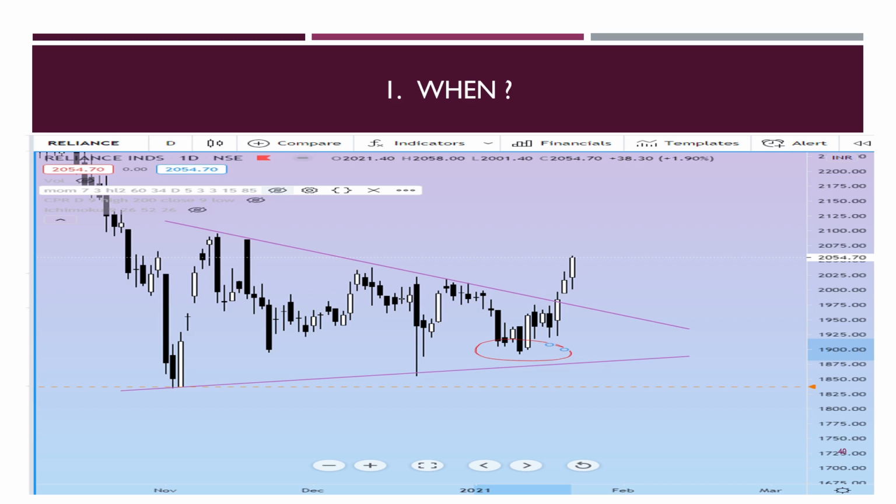So you can enter whenever you get a buy or sell signal, either through our momentum technique, or you can use any other system which you are using. Now let's see in the example. So in this chart, as you can see, this is a triangle pattern. So we have two options. Either we can enter here at support, or we can enter at a breakout. So we know the stock is in momentum and we know the target also. So we can enter on any of the signals.